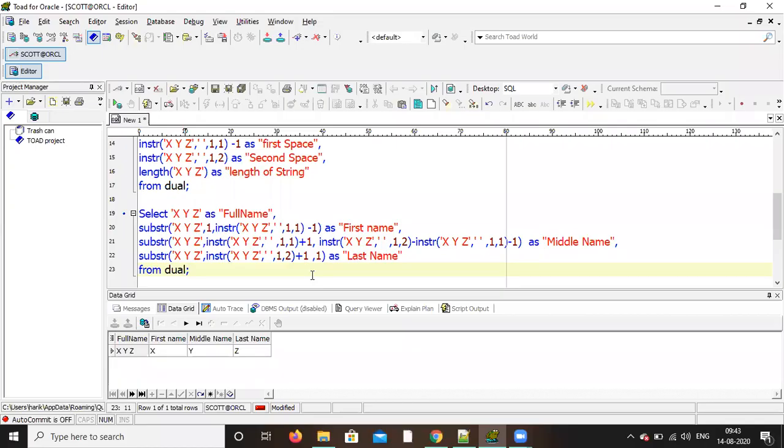So you will get instr of this, meaning second space plus 1, so it will come to the Z. Now I have to tell how many characters are there. That one means one character is there.